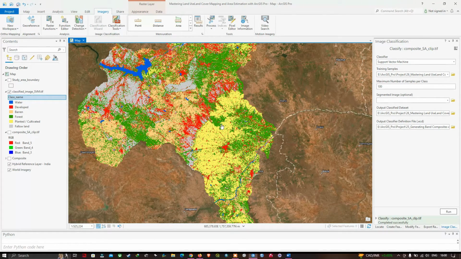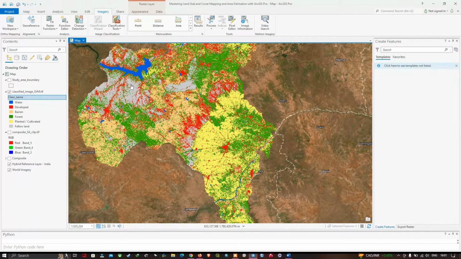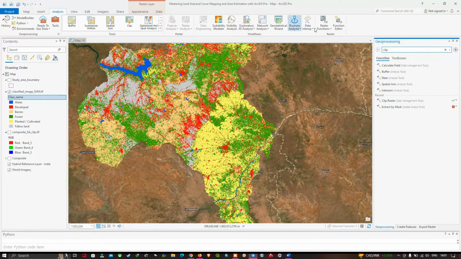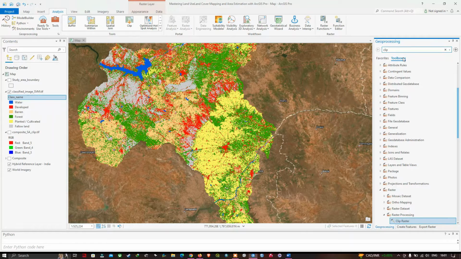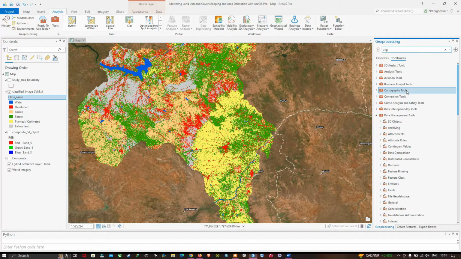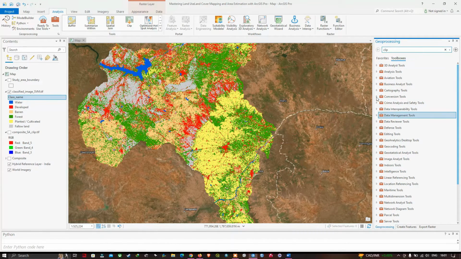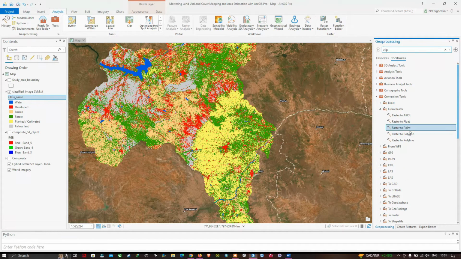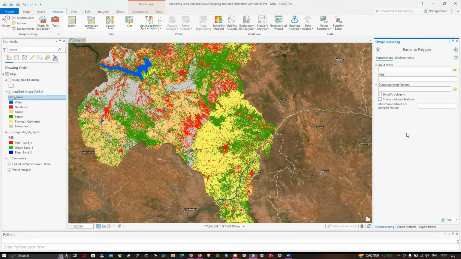And now let me close this, and move on to this option called analysis. Click this option called tools. We're going to select this option called toolboxes. In that, we're going to navigate to conversion tools. So here you can visualize the conversion tools. In that, we're going to select from raster to polygon. This is our tool, raster to polygon, and our input raster will be our classified image SVM, that is support vector machine, and the field values will be our